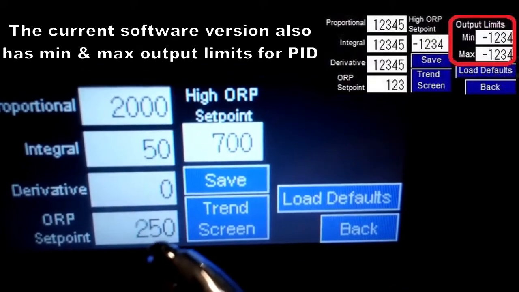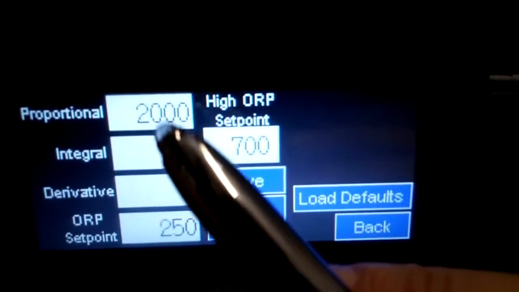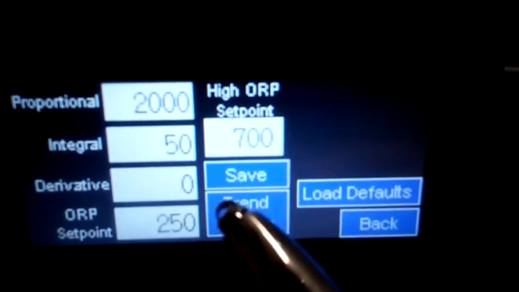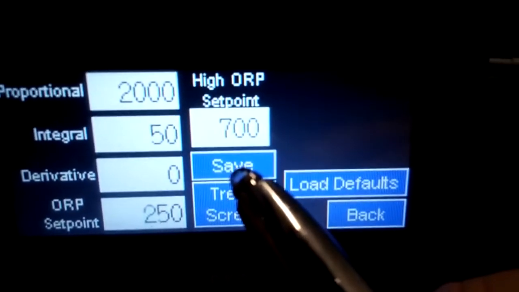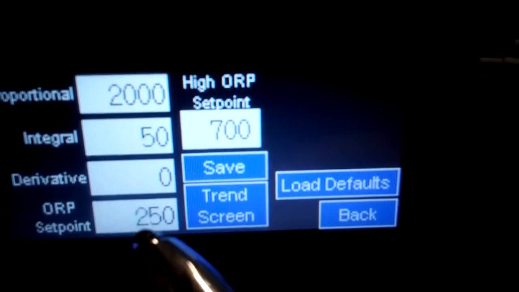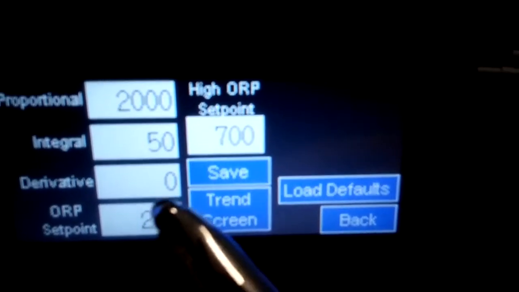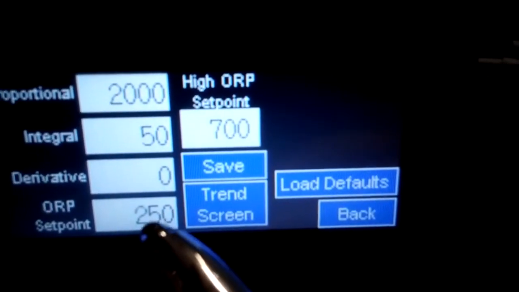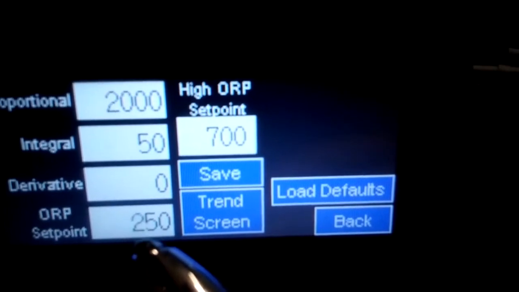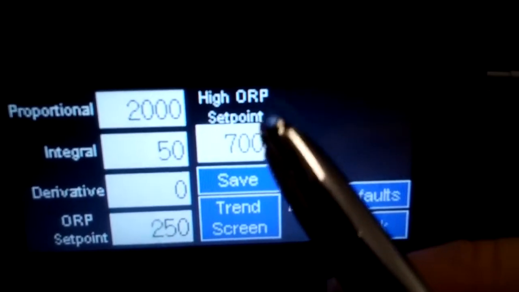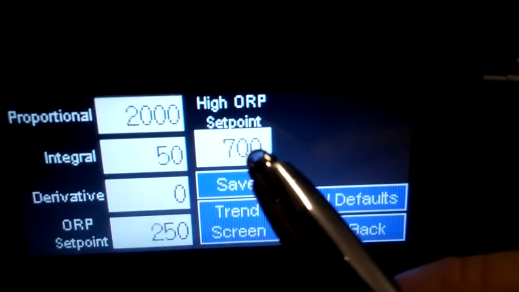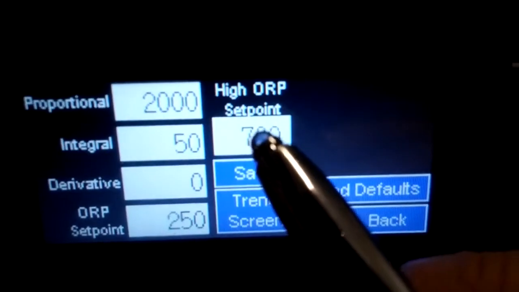start your tuning from. Anytime you change the proportional, integral, or derivative value, you do have to hit the save button to write those to the PLC. ORP set point value, here you do not need to hit save for that one. It's real time, it will begin using that set point. High ORP set point, the system will go into a soft shutdown and stop ozone production if that number is